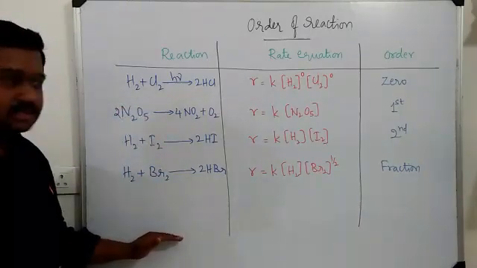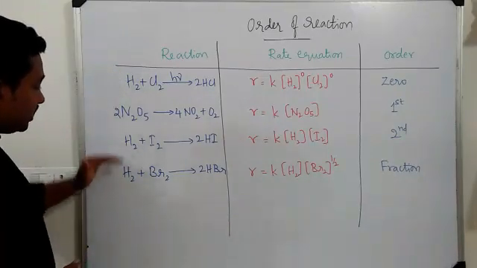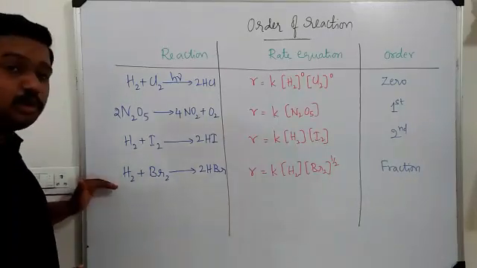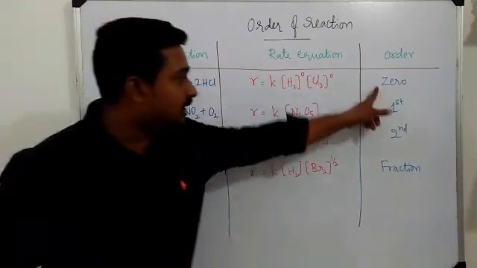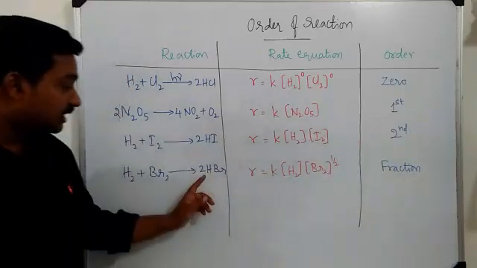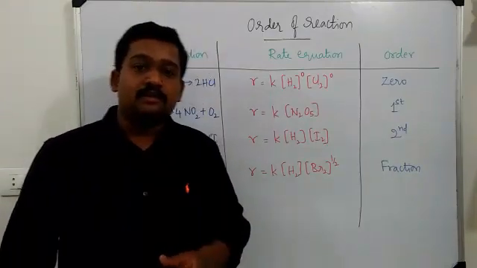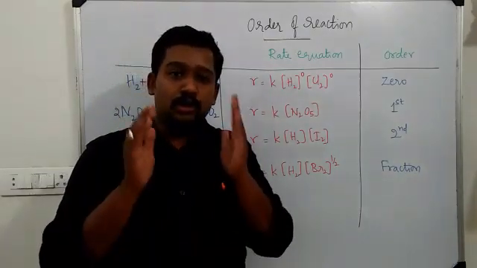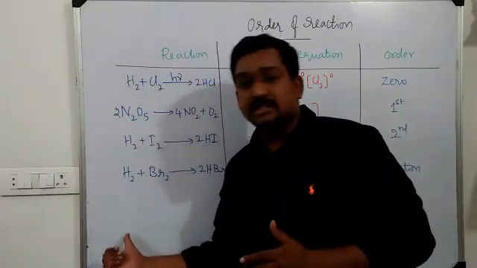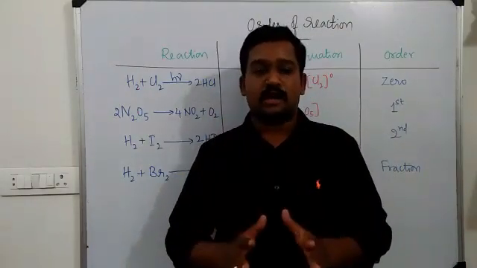Like this, we have different reactions following different orders. But a common thing that we can observe from these three examples, halogens reacting with hydrogen, is that the reactions seem to be similar, but their orders are different. The HCl reaction has 0 order, the HI reaction has second order, HBr has fractional order. This we can understand only by performing the reaction experimentally. By knowing the experimental data, we can judge what is the order. Just by observing the balanced equations, we may not say what is the order. We can only say what is the molecularity of the reaction.